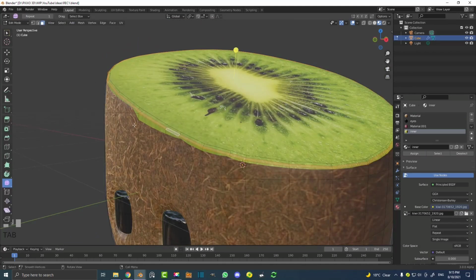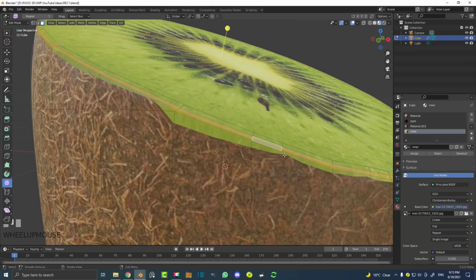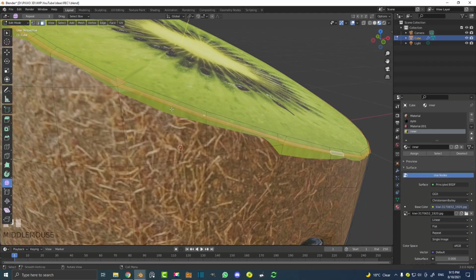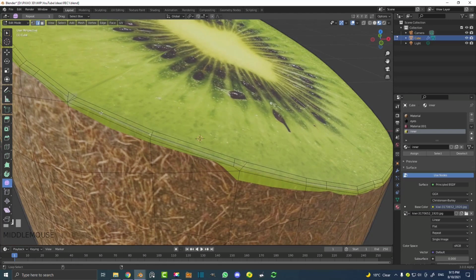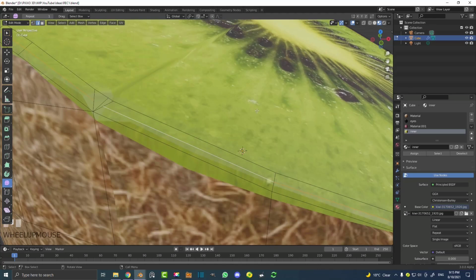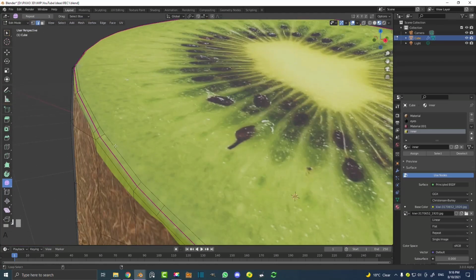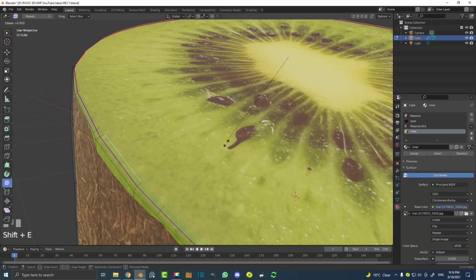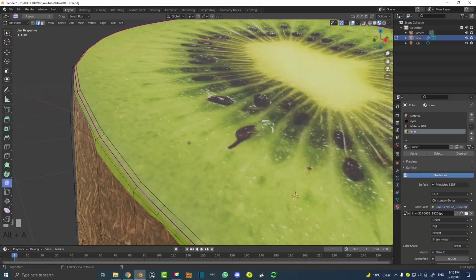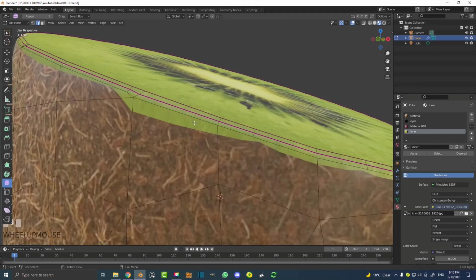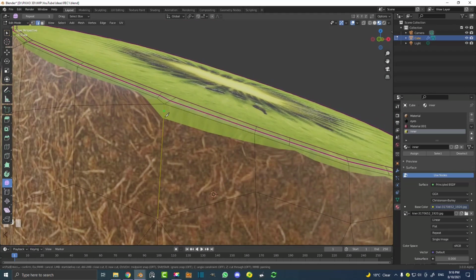So maybe another way we can clean it up without having to spend too much time redoing the geometry around here is we can go to edge select and Shift Alt click on one of these edges to loop select, and let's go Shift E, and we're just going to drag our gizmo here and tighten up that edge. You can see it now has a blue line. Let's select this one as well, Shift E, and tighten that up a little bit. That hasn't helped too much, but like I said, you can hit K as well to get your cut tool,